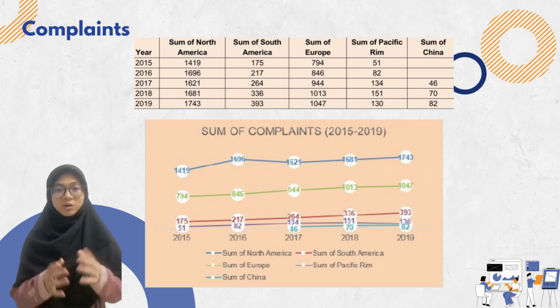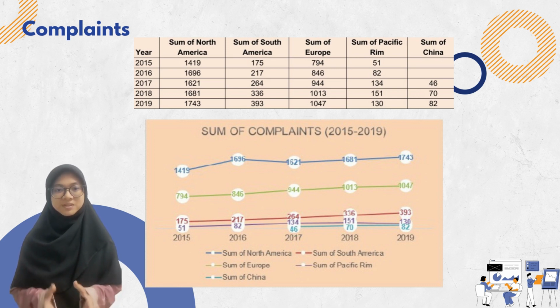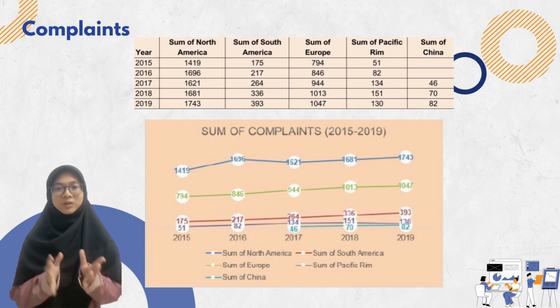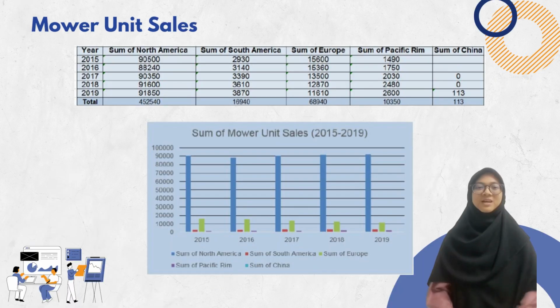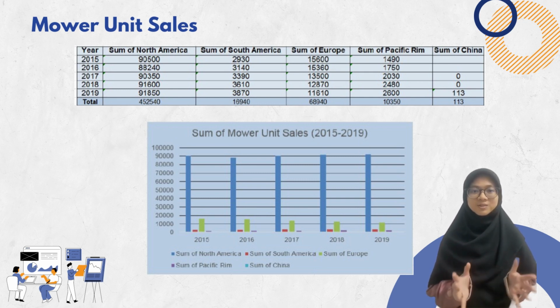Moreover, the complaints recorded in South America and Europe were increasing from the year 2015 until 2019. Complaints at the Pacific Rim started to decrease from the year 2018 to the year 2019, which are from 151 to 130 complaints. After that, for mobile unit sales for each country, North America has the highest total, which is